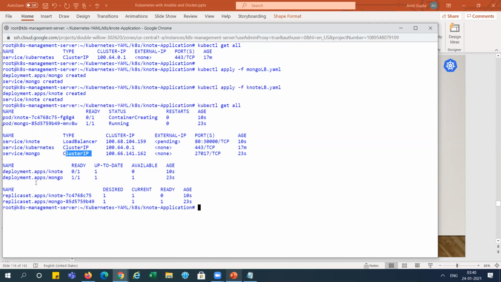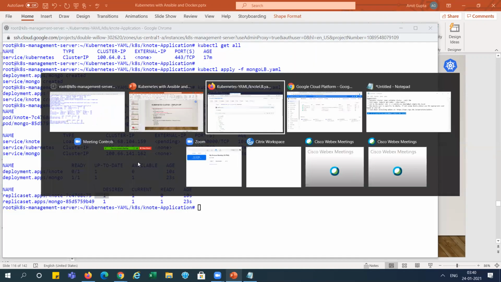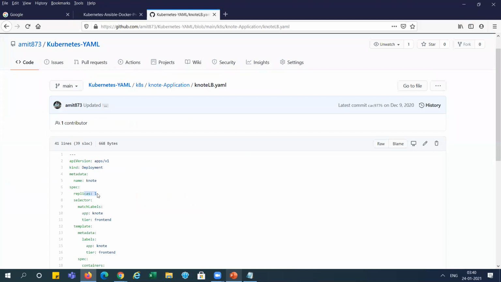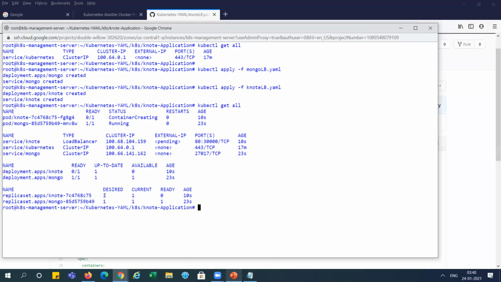And it created the deployment node. You can see 0/1. It is not ready currently, and you can see the replica set is created with one because we have taken one. I have shown you the replica set over there. Let me show you. You can see replica is one. So it will create only one pod for each. See, this is one, and current ready is 0 because it is still in the starting phase, creating phase, right? You can see here. Let me run it again.